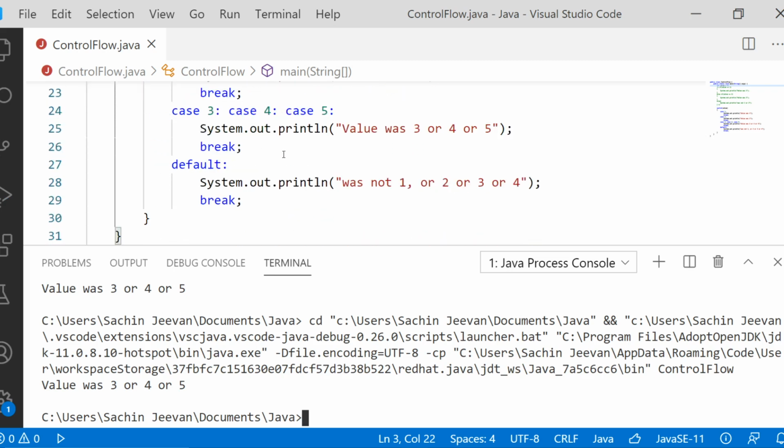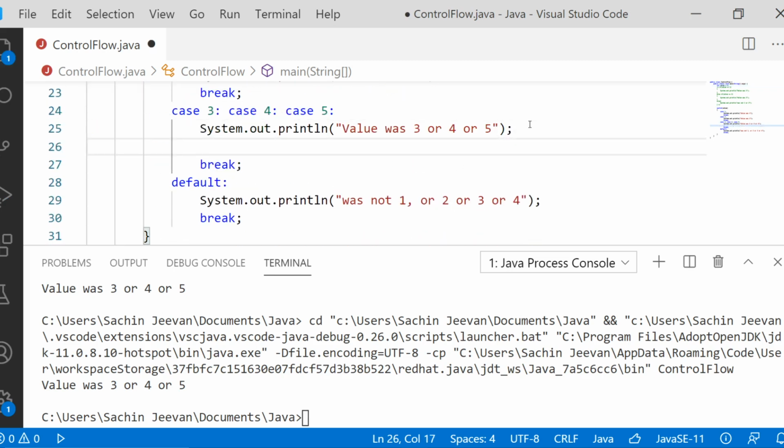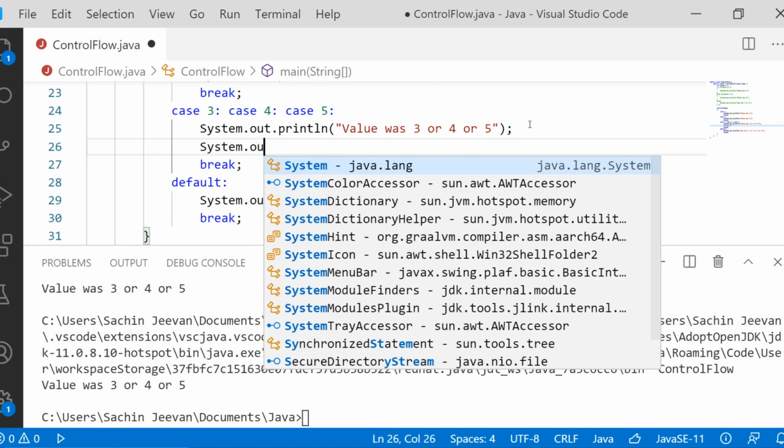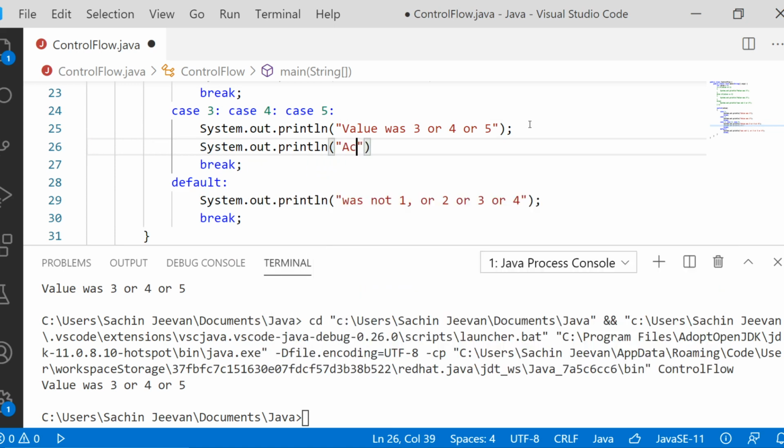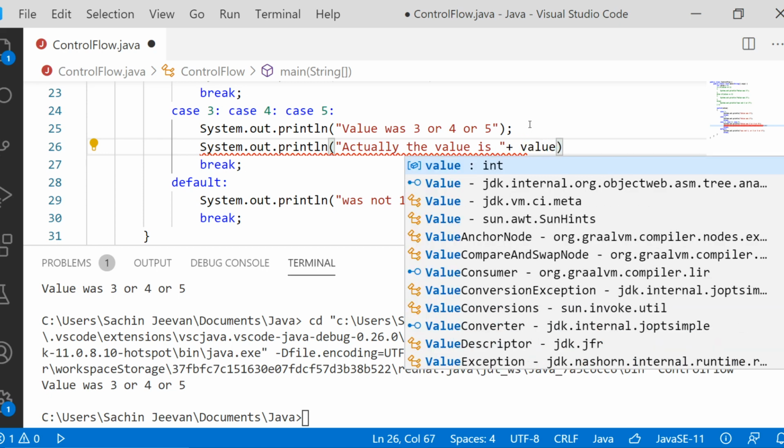But here we will include one more println statement, System.out.println of "actually the value is", then we append the variable value, the actual value that we are now working with.